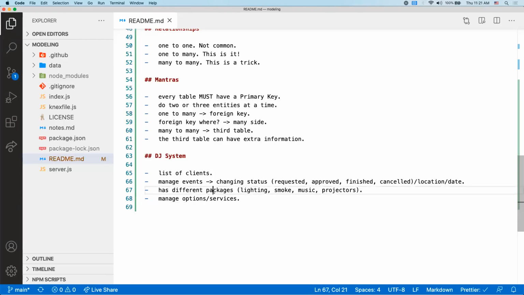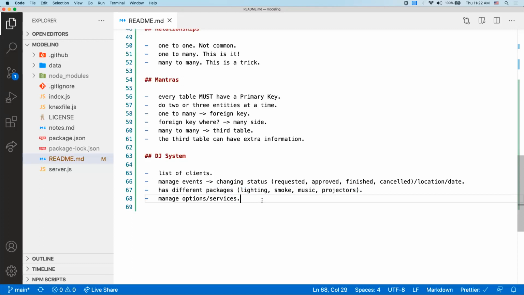Even though you think of a package, each package is made up of those. He could have a package that only includes the music and the lighting, and that's it. Maybe he has a package that is all out and includes every service that he offers. Maybe he has a package that is just music and projectors. But now you have the flexibility to put a price to each one of those options or services. And when the client sees the app, they see all of the possible options and they say,